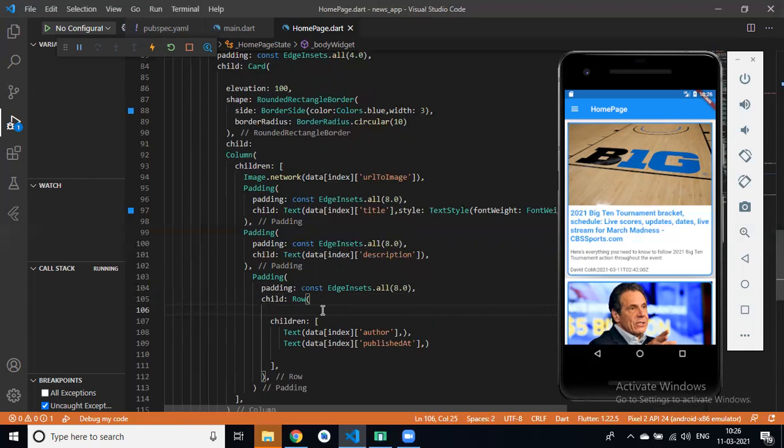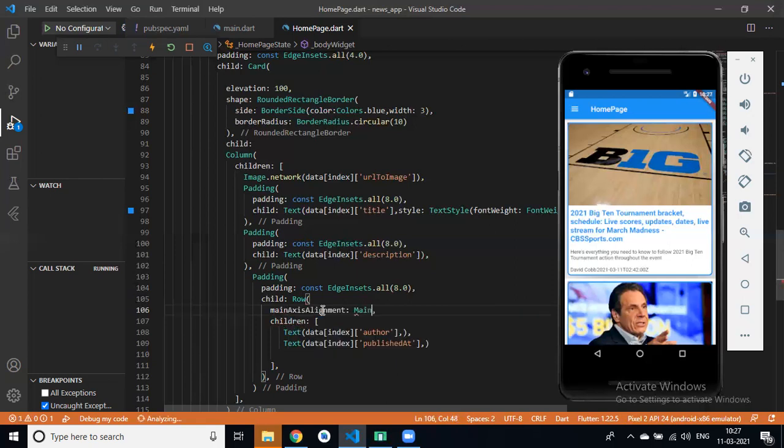I want to set author on the left side and published at, the date, on the right side. How can I do that with the help of the row widget? We have a main axis alignment property, right?